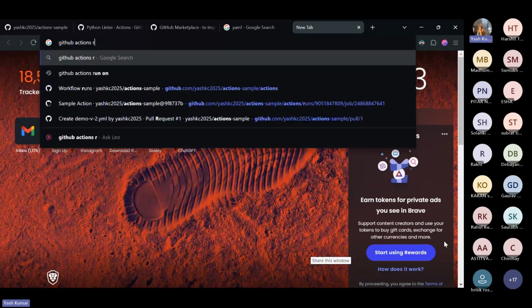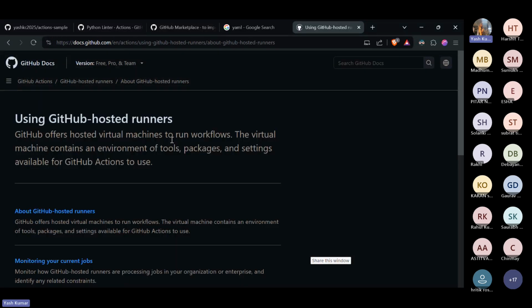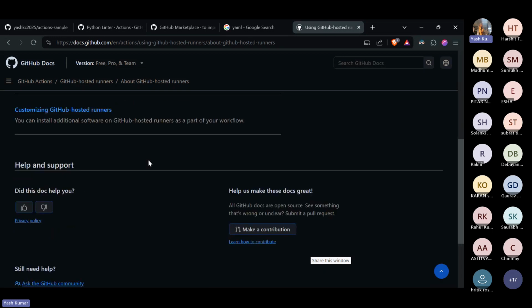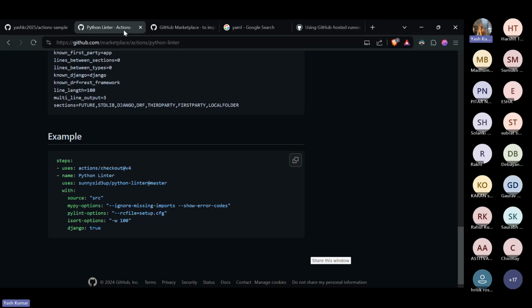To check this GitHub Actions runner, we have two kinds of runner. One is the GitHub hosted runner. The other one is the self-hosted runner. Currently we are using the GitHub hosted runner. So what is happening is,